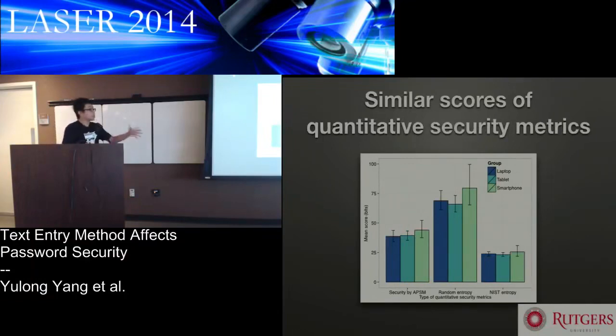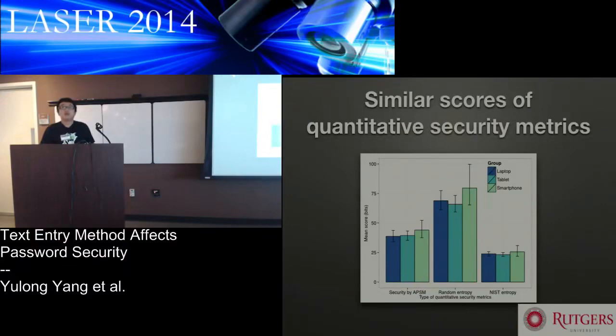Next, we computed the scores with our mentioned three different quantitative security metrics across groups, which is shown on the graph. Again, the bar indicates the mean of each group, and the whiskers indicate the 95% confidence interval. You could already see from the graph, and also yes. So